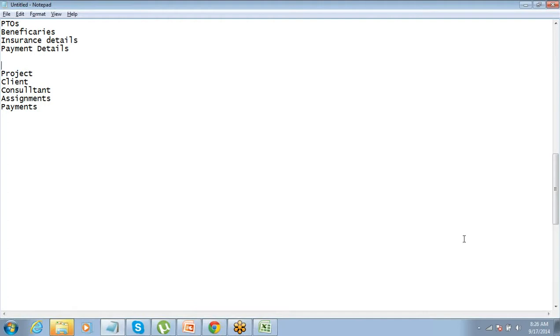A few, let's say 4-5 objects which you can create to manage all your projects. If you are a company which is working on different projects from different clients, you can do this thing as well, right? So that is the concept on Salesforce.